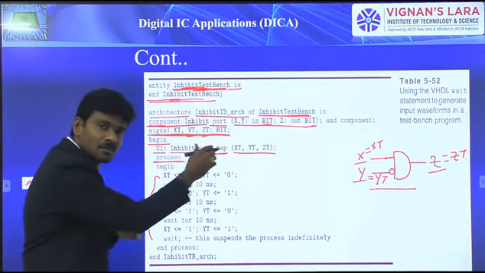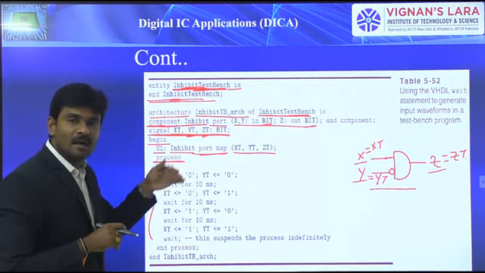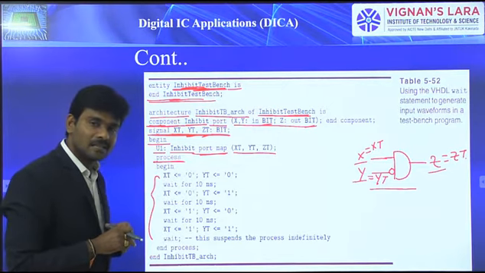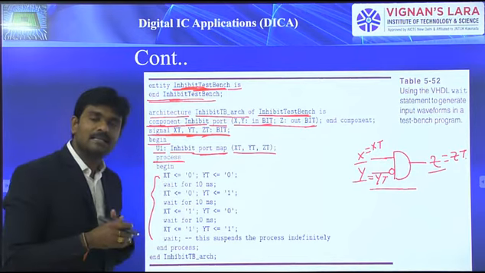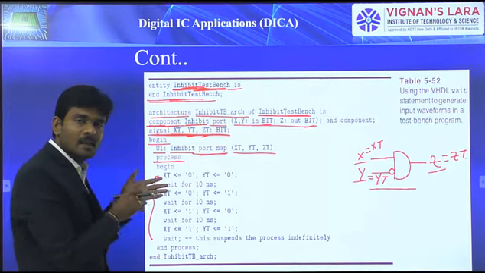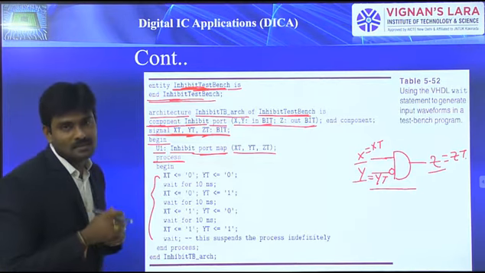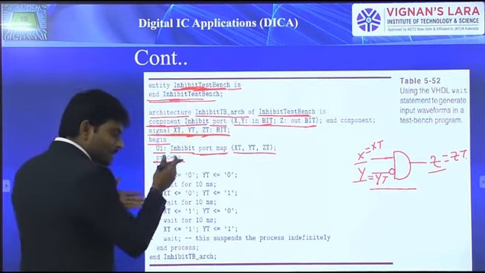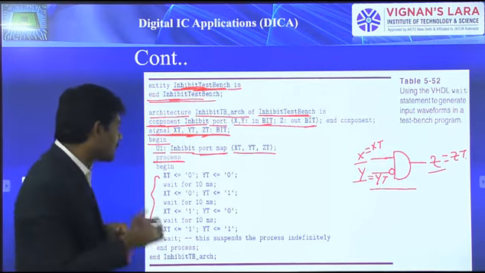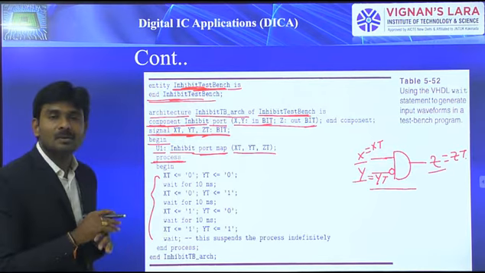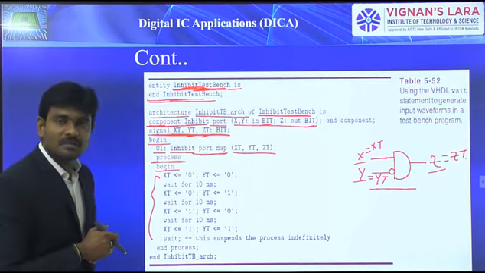If I mention a sensitivity list, then it is going to execute only when there is a change in the value of those sensitivity list signals; at that time only it starts execution. But if you didn't mention any sensitivity list, then obviously it starts executing at 0 simulation time itself, and that too only once. Here also, by applying these input signals, it needs to execute only once. In that regard, I considered only a process without any sensitivity list. Then the process body also starts with begin.